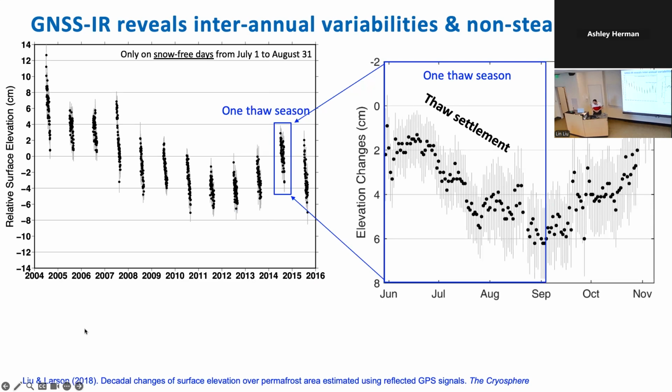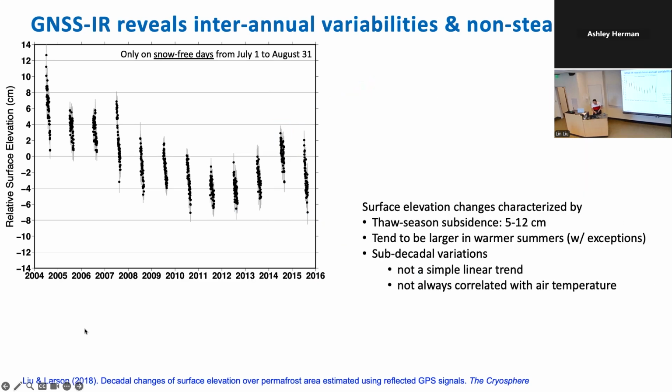So it turns out this can give us a lot of information. It represents, again, that the ground goes down every summer. So that's what I told you. And in this case, the magnitude ranges from about 5 centimeters in certain years to 12 centimeters in certain years in this